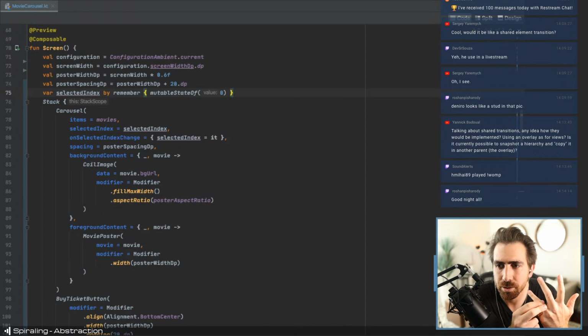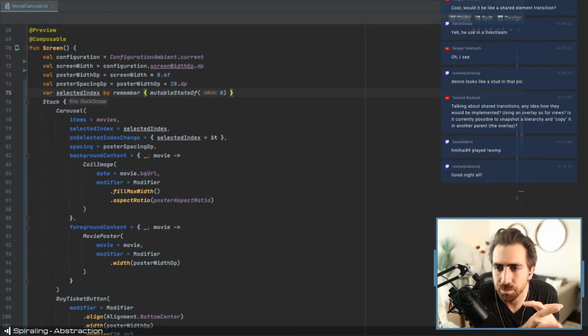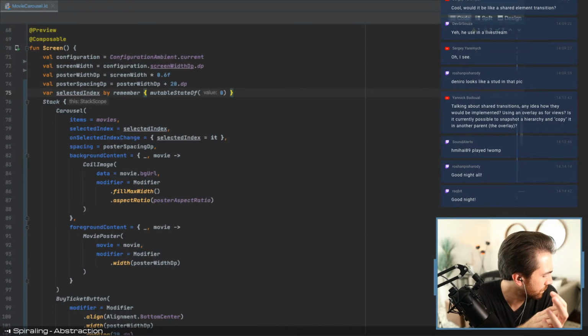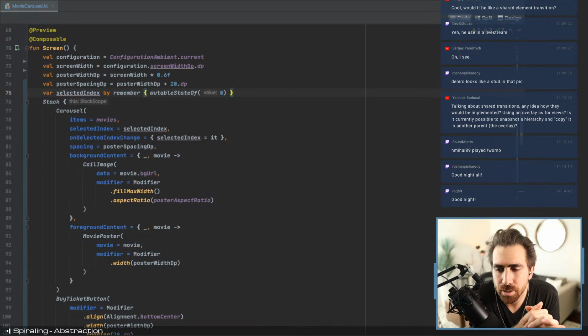Yannick asks, talking about shared transitions, any idea how they would be implemented using an overlay for views? So it's currently possible to snapshot a hierarchy and copy it in another parent. Yeah, so I think today you could implement shared element transitions with the snapshotting approach. And I think that would be doable. I'm not sure that that's the right way to do it. This is still an area that we're exploring,